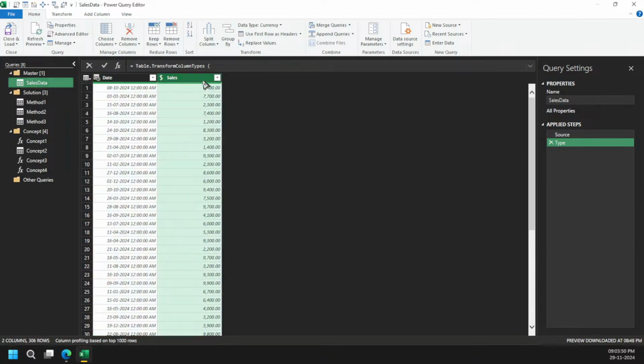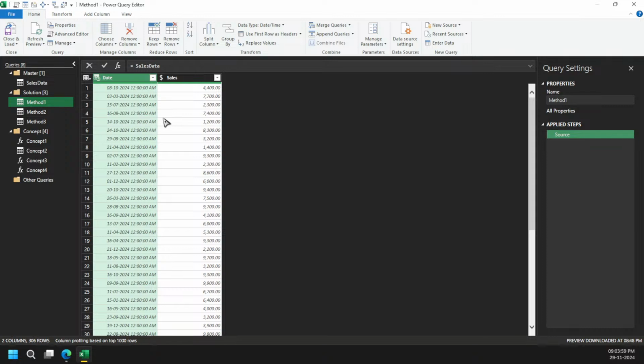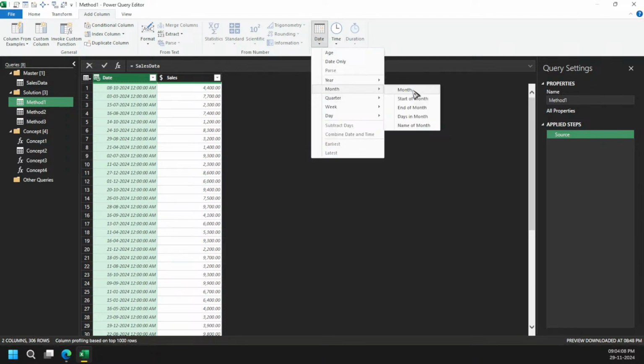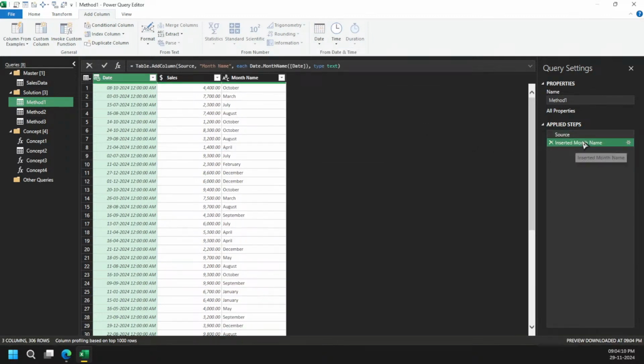Now the simple way to group, let's see first what we can do. This is the date, this is the sales. What I need to figure out is the month, right? So let's go. I am going to share my UI approach. That is very simple. You can come here, Add Column, then Date, Month, Name of Month. Let me rename it Month Name.